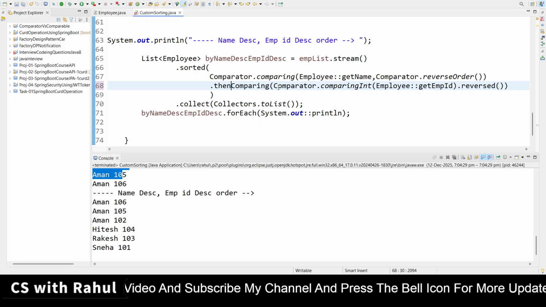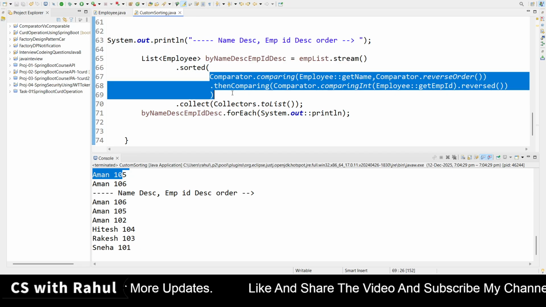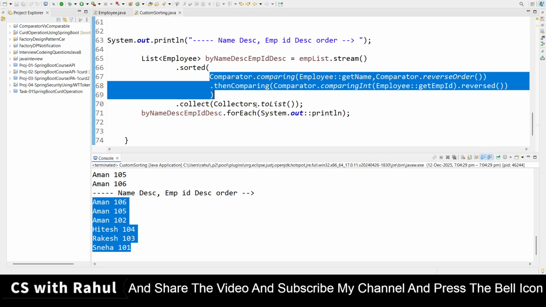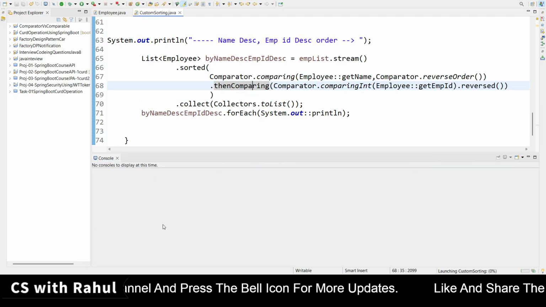Previously it was taking the reverse order of the name. Again we had used the reversed method over the method. That's why it was converting the overall result to reverse; it was doing reverse of reverse. Right click, run as Java program. So what I am doing here, just printing the result. Now you can see the last output.